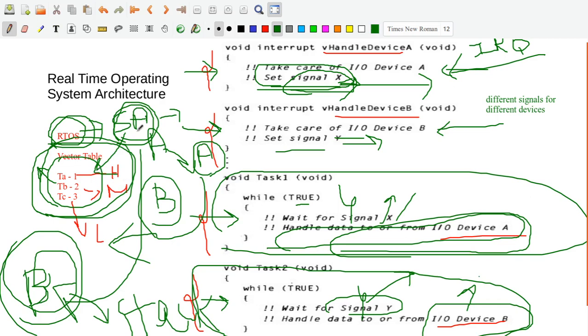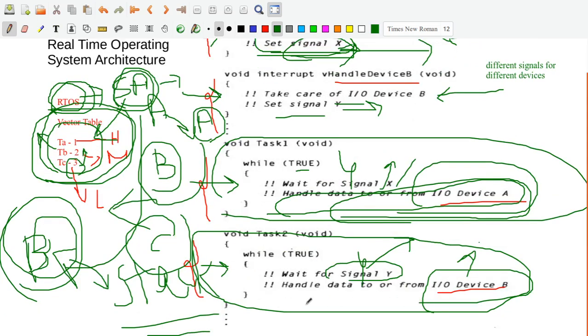In this case, A has high priority, so definitely A is going to be picked up and serviced. If C had interrupted the B task, it will not be serviced at all, because the scheduling algorithm sees that task C has lower priority than task B. C has to wait for the completion of the execution of device B, and only then will C be picked up.